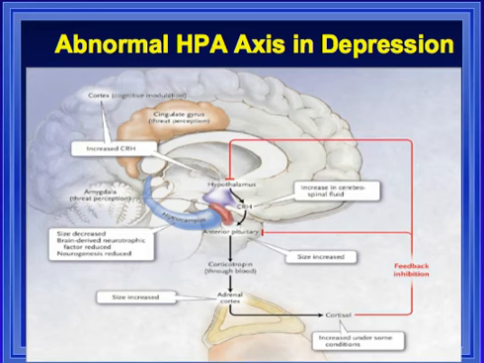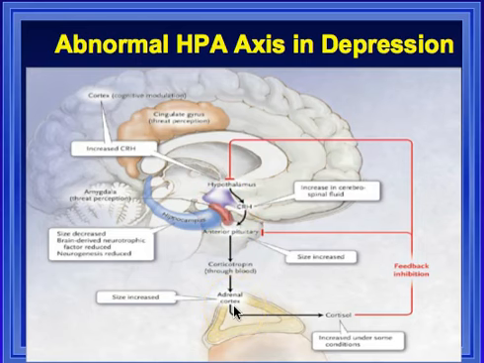Let's talk about another pathophysiologic anomaly seen in mood disorders. So I believe you've all learned about the hypothalamic-pituitary-adrenal axis. Hypothalamus produces corticotropin-releasing factor, which stimulates the pituitary to make ACTH, and that goes down to the adrenal gland and stimulates production of cortisol. Then cortisol, once produced, has a negative feedback loop which goes all the way back to the hypothalamus and says, hey, slow down all this production. The hypothalamus has reduced releasing factor, the pituitary then has reduced ACTH, and there's less stimulation of cortisol production by